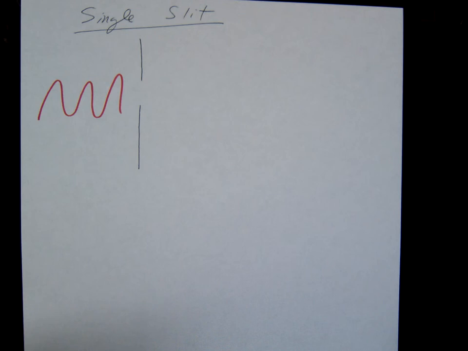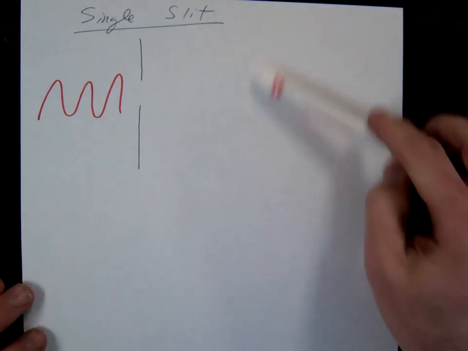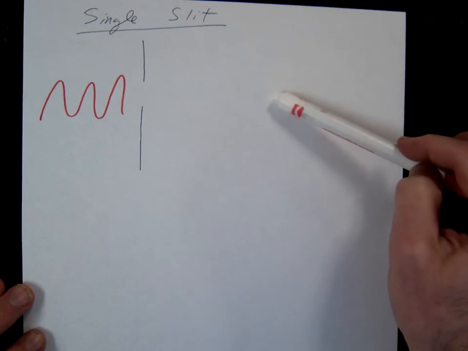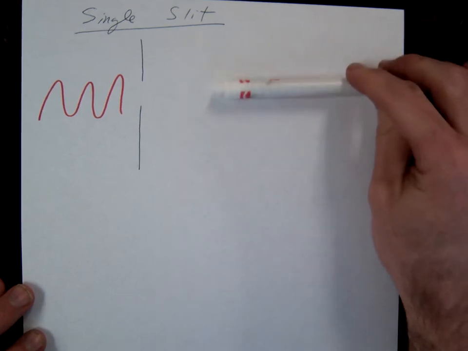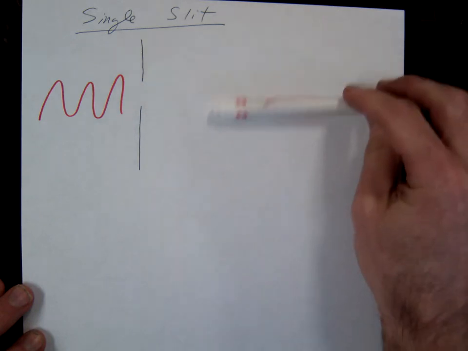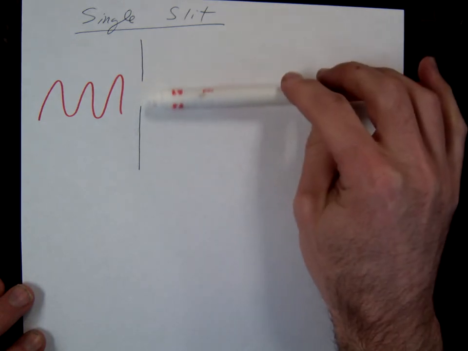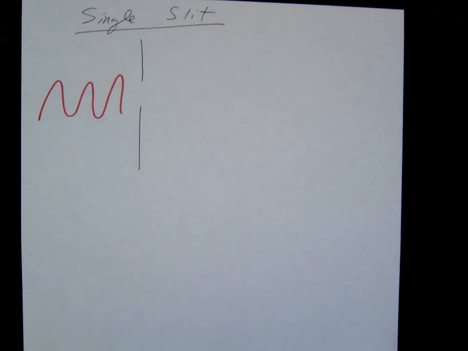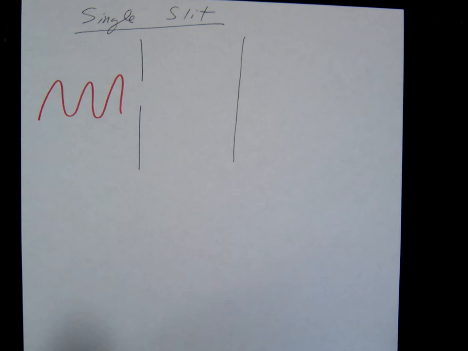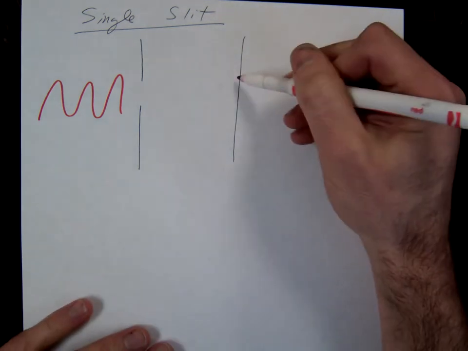Now if light were a particle, what would you expect the pattern to look like back here? Just a spot, right? One single spot, and how wide would the spot be? As wide as the opening, right? We would expect the width of that to be the same width as this. However, when they do the actual experiment, what they see, and what you will see, you're going to do this experiment later, what you'll see is that